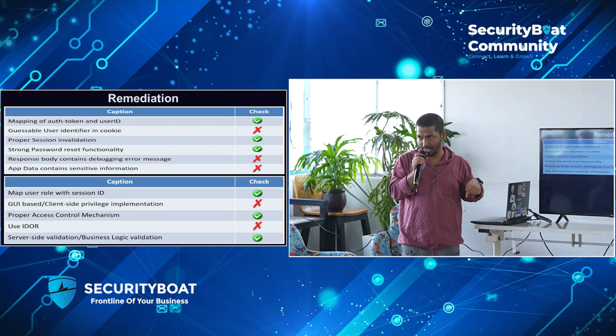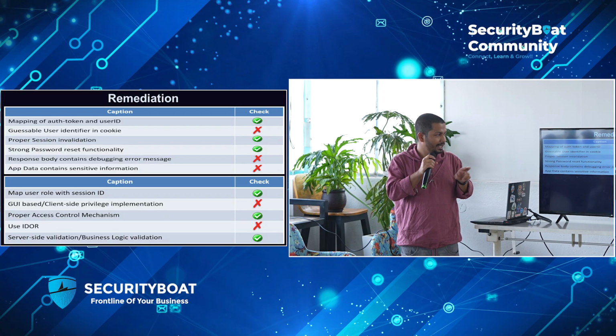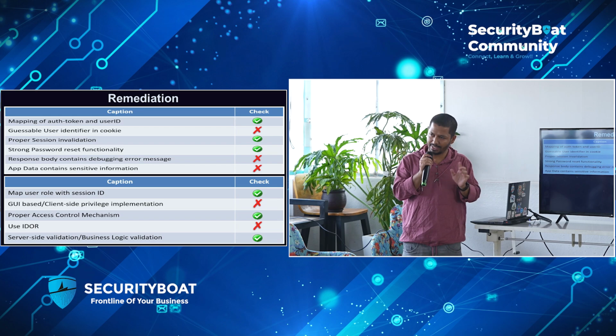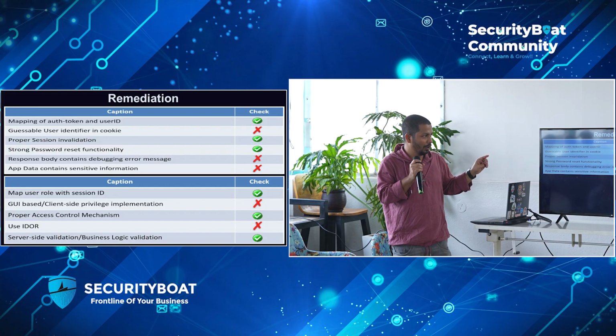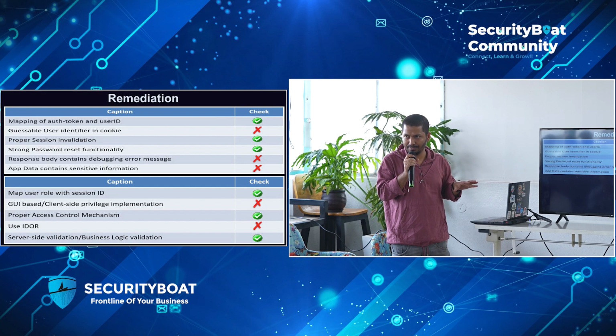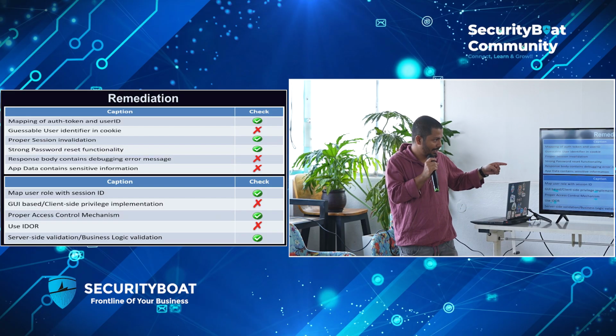App data in a mobile application. There will be app data folders and local storage, right? They should not contain any sensitive details. There are many scenarios in the data aspect which we could not cover here. But there are scenarios using app local data storage where you can try to access sensitive information, bypass authentication, authorization, etc. So local storage and local media should not contain any sensitive details.